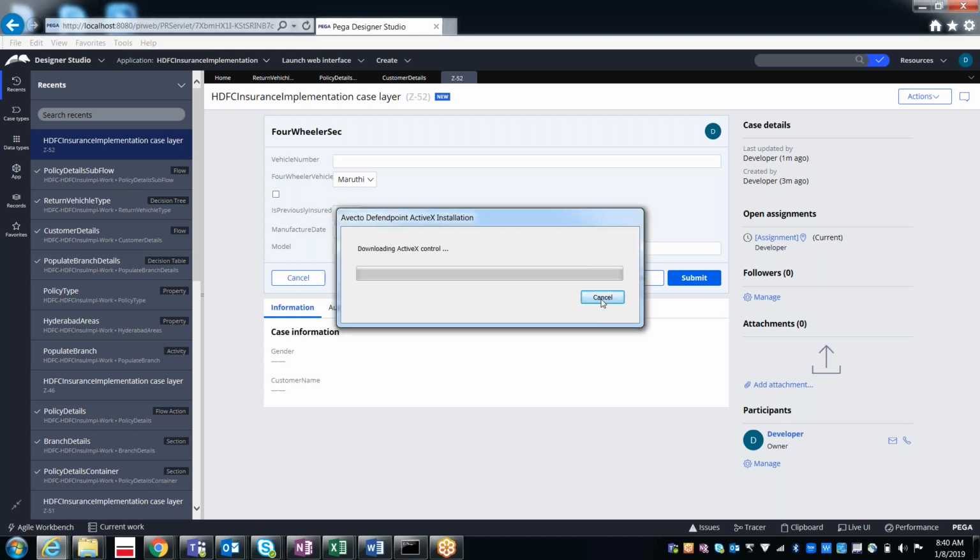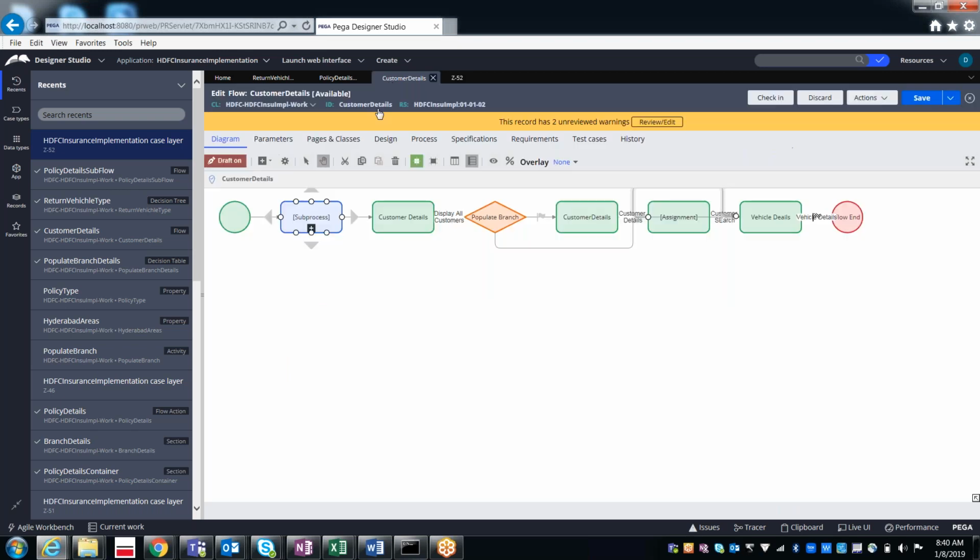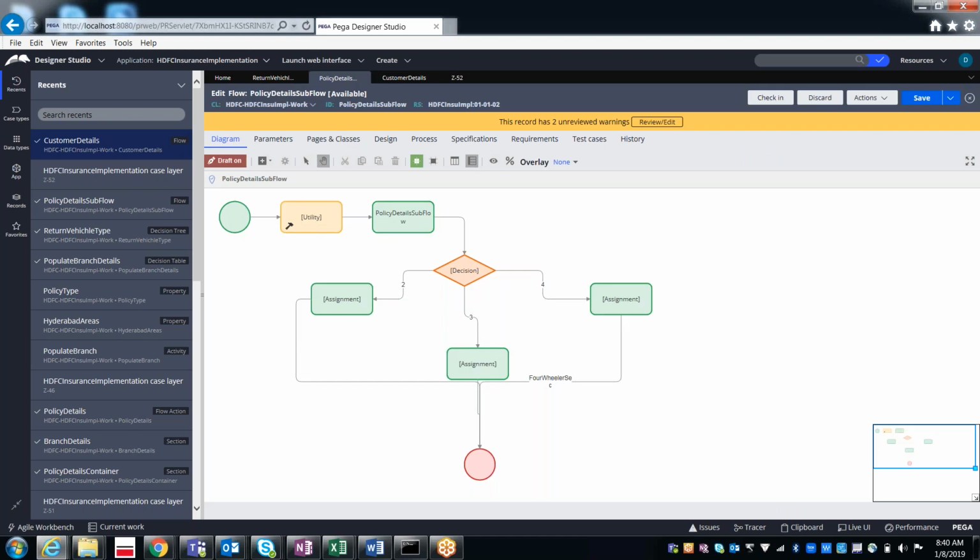So in case you have different flow actions, as I said, what kind of flow action is the one we included right now? This four-wheeler section refers to which flow action? How can we open that flow action? As I said, we have various options.